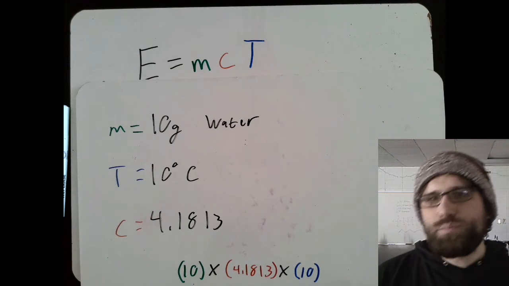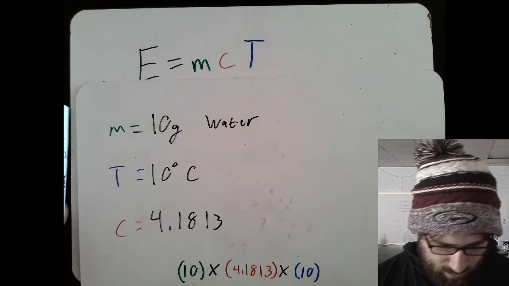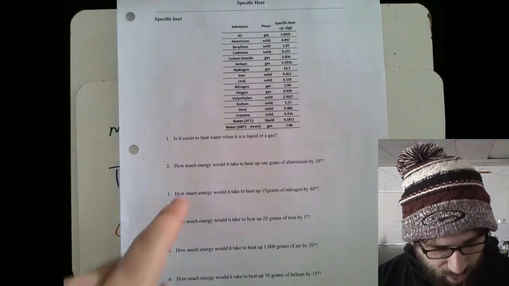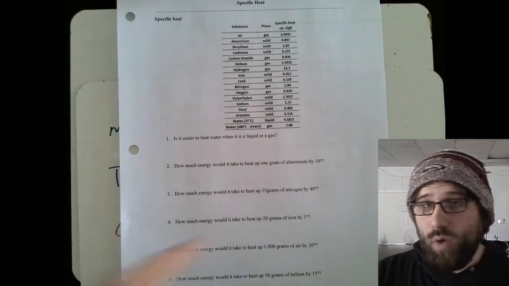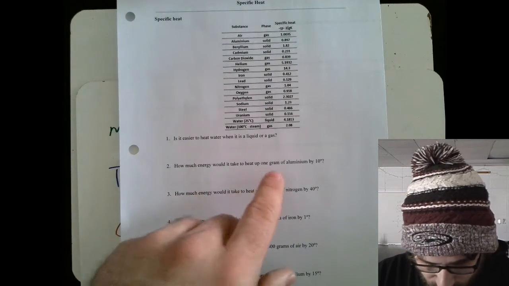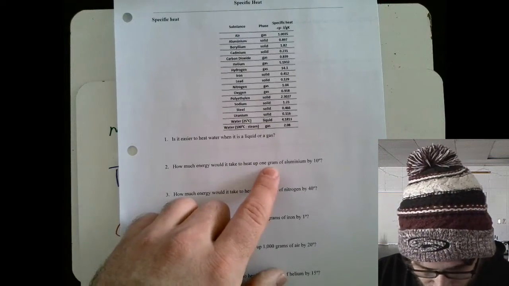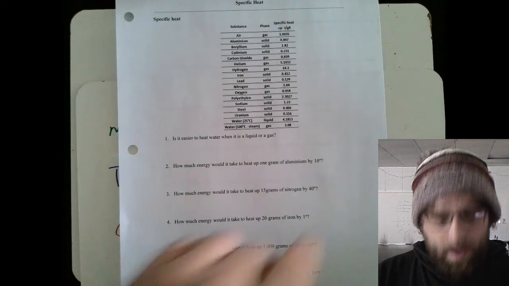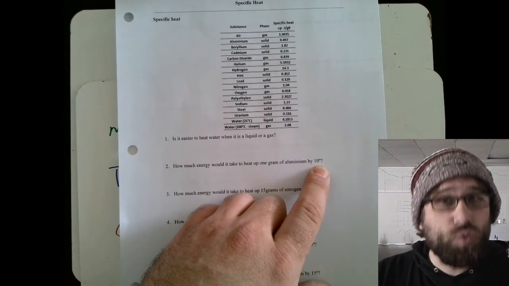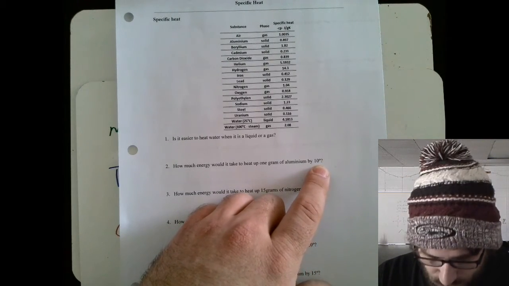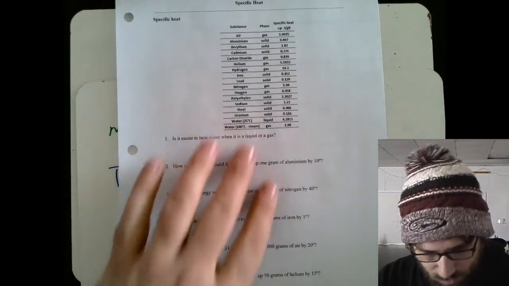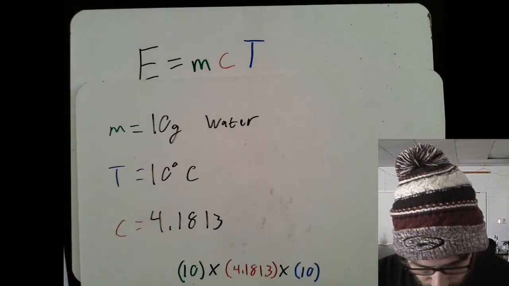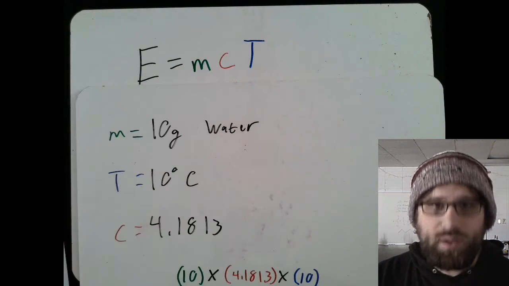So in all of these problems, all we're doing is looking at what's written here. It's asking us how much energy would it take to heat up 1 gram of something. So we're going to figure out what's our mass. Well, that's going to be whatever is in grams, because grams is how we measure mass. What's our temperature? Well, that's going to be whatever has the degree symbol on it, because that's how we measure temperature. And then what's our specific heat? Well, we're just going to look at this table. We're just going to find it in here, and we just plug those numbers into this equation, and then punch